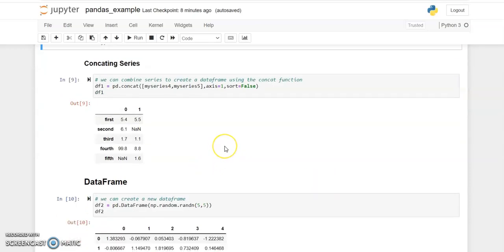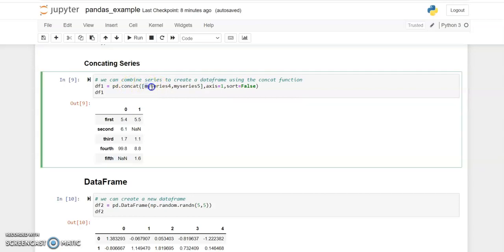The next thing is concatenating series. So how can we concatenate? The same thing we can achieve with the pandas concatenate function. Here I'm just passing whichever series I want to concatenate. I'm also passing axis equals to 1.